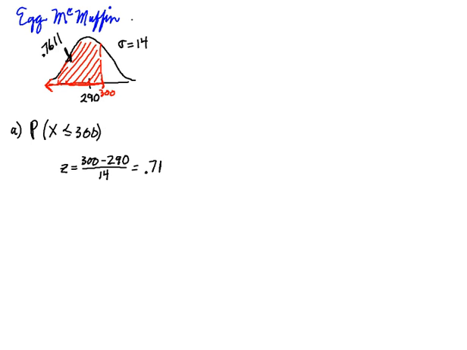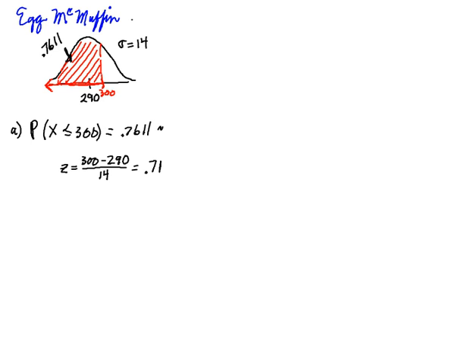And to find that in the table, I look up 0.71 as 0.7 row and 0.01 column, so that gives me the 0.7611 in the table. That's the 0.7 row and the 0.01 column combined together to get 0.71, and the probability given in the table is 0.7611. And since the table reads to the left, and that's exactly the probability I want, this is going to be